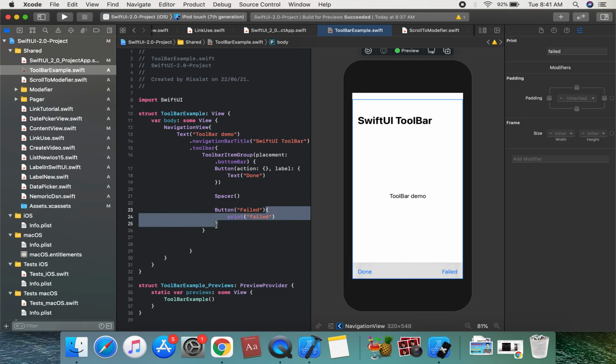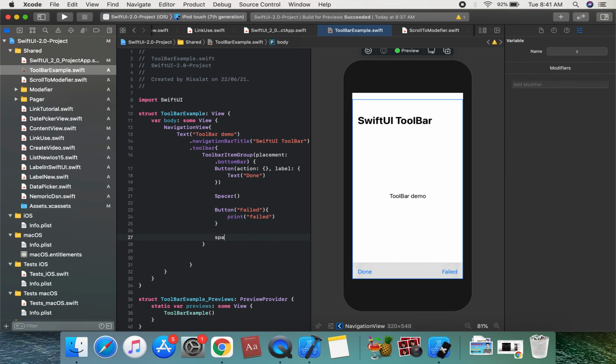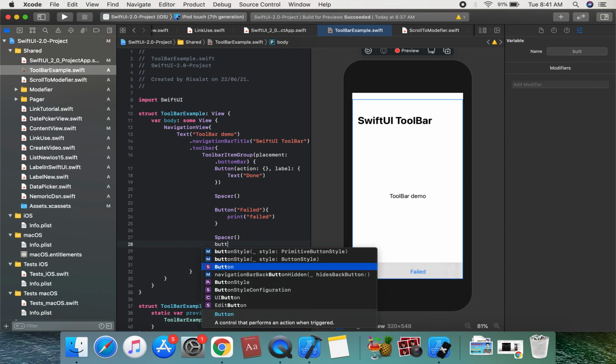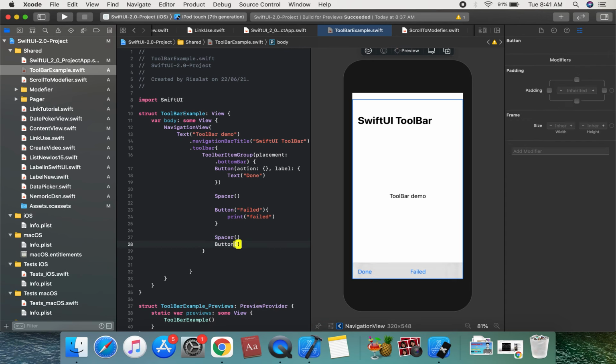We use a spacer, and another button, Remove. We can add this Remove button.